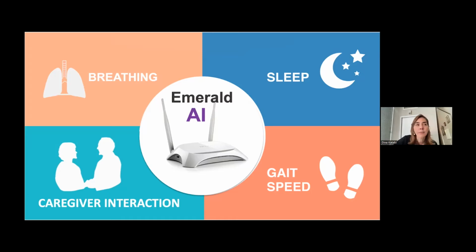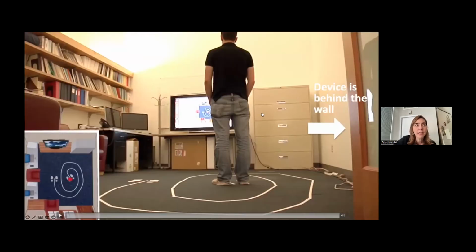I want to show you a few examples of what we can do with just radio signals that are bouncing around all of us. Here, this is one person on my team. You see this big arrow here. Our wireless device is not even in the same office as this person. We're going to monitor him from the adjacent office, through the wall, because radio signals traverse walls. On the side here, you see this red dot. This red dot is where the device thinks that this person is standing right now. Now let me play it for you.